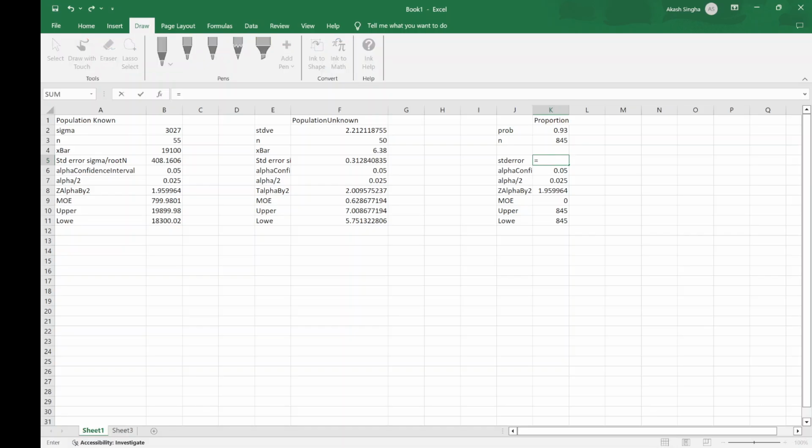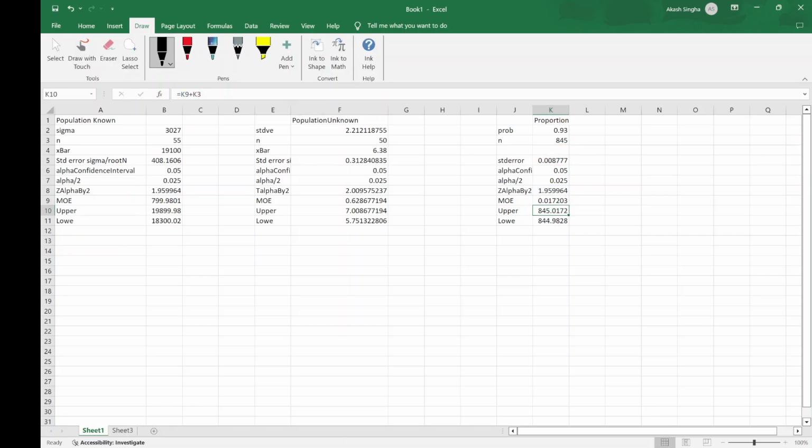Standard error is P into 1 minus P by N, the whole thing to the power 0.5. Standard error we have, alpha we have, MOE equals to